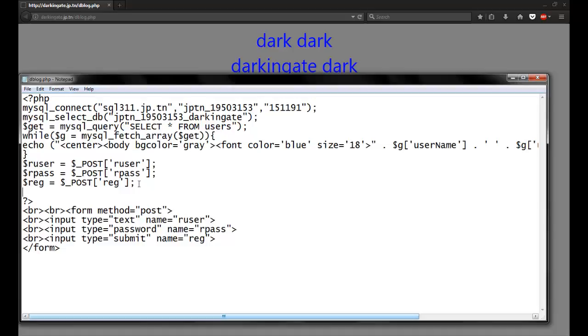MySQL query. Alright, so let's say, oh, we have a G, right? Okay, t equals mysql_query, and right here we're gonna say insert into users the username,